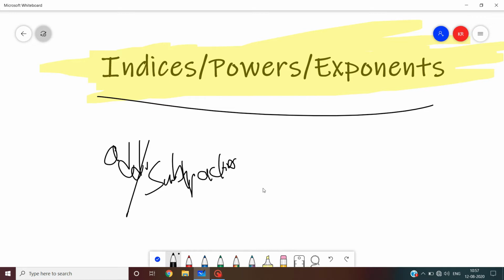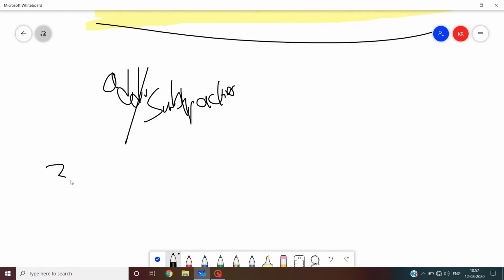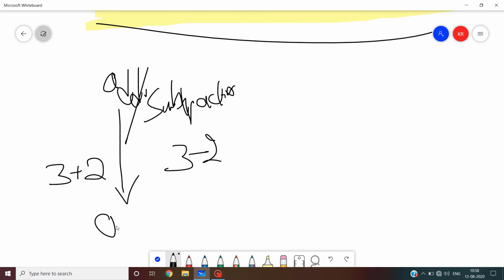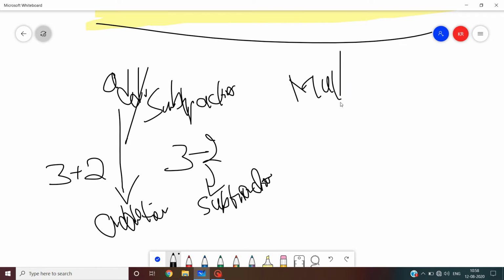So these are basic mathematical operations, where addition means we have to add something with something, and subtraction means we have to remove some part from another part. The process of adding elements is called addition, right? Again, the process of subtracting is called subtraction. So we have another two mathematical operations, like multiply and divide.